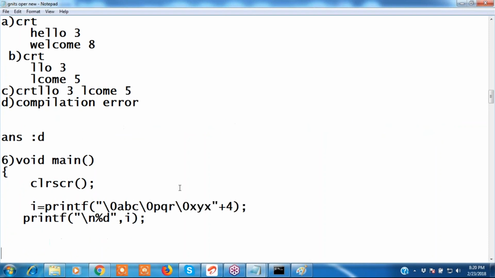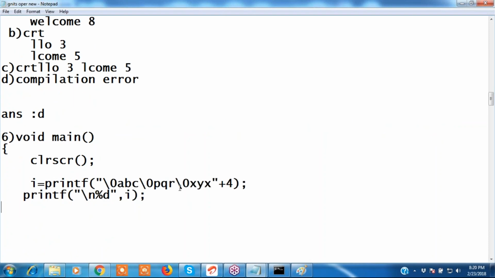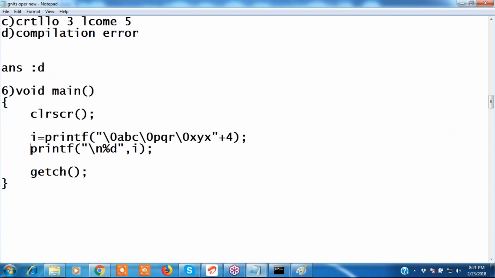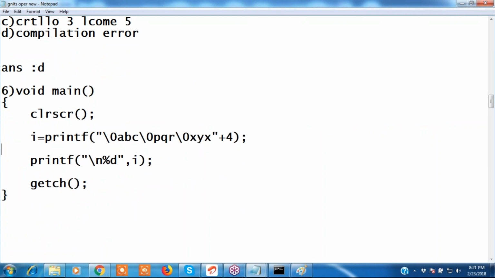Okay, clear. Next. What is the output for this sixth one? I won't give options. Tell me the output. PQR. 3. In the next line, 3. Starting from null value, right? 0, 1, 2, 3, and 4 means null character. After the null character, it won't